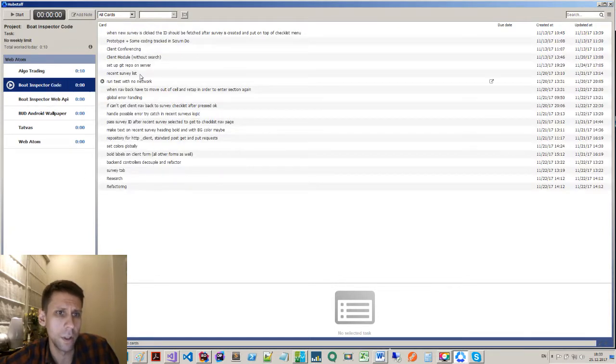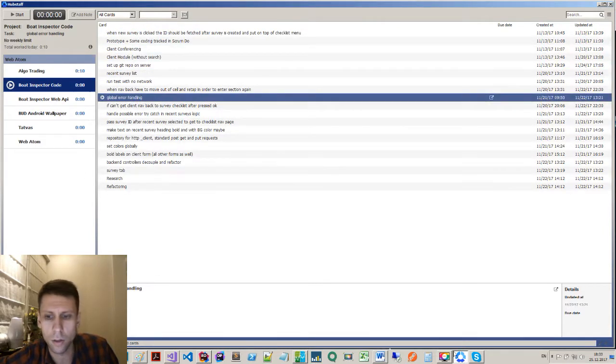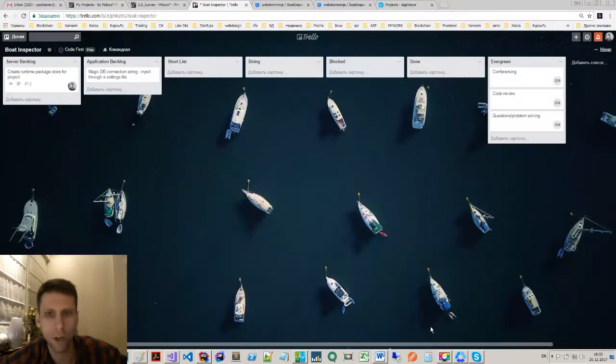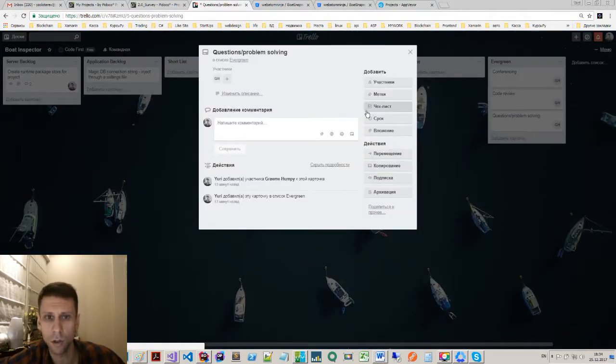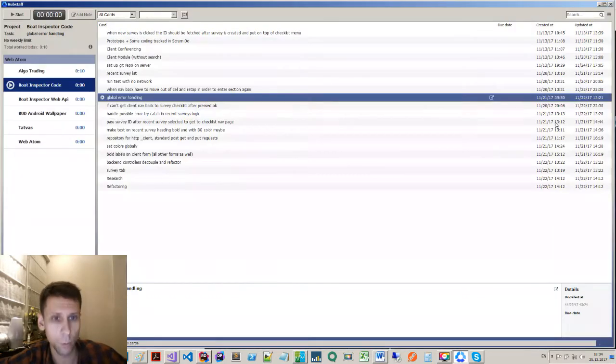And you'll be seeing these different cards, right? For example, I send you a question and you see these evergreen cards like conferencing, code review, questions, problem solving. You can create any cards you want here, and once you assign yourself, GH is your current tag here, right? So once you assign yourself here,